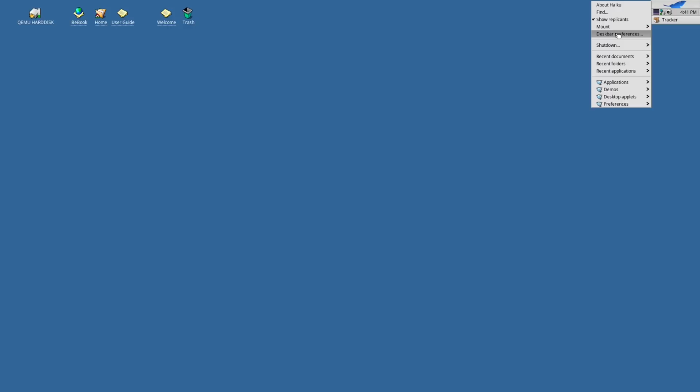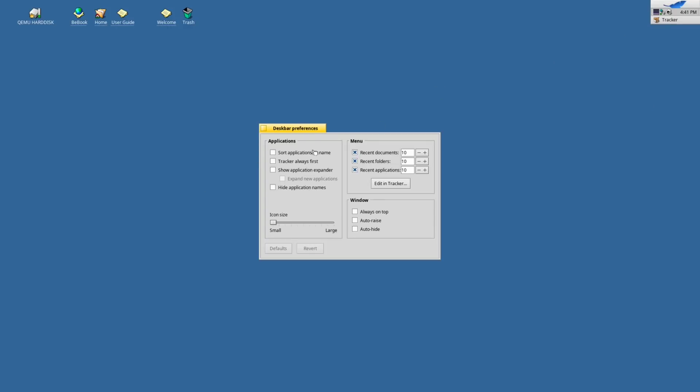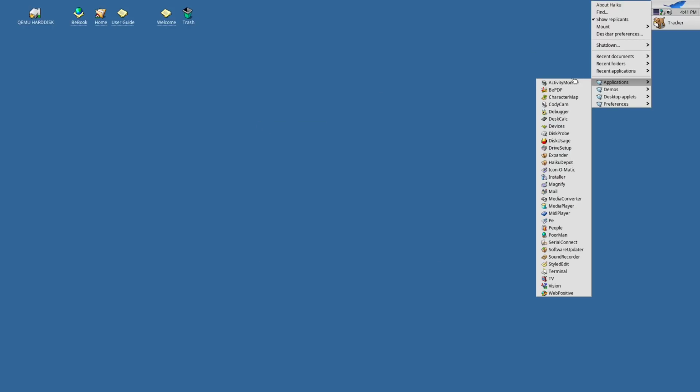All right, Deskbar preferences. Sort applications, Tracker always first. Show application expander. Oh, icon size. Here we go. Look at that cute little dog. That is a cute little dog, dude. I love dogs. I love the icons here. These icons are great. We're gonna make that one an appropriate size. Now I'm wondering if there's a desktop